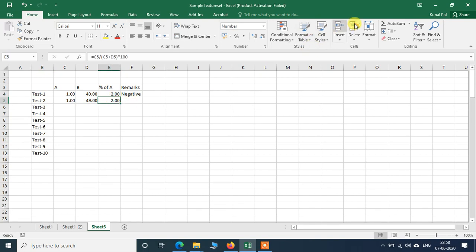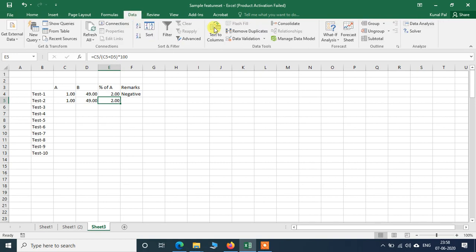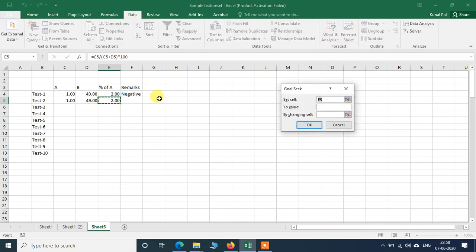I will go to data, I will go to what if analysis, I will go to goal seek. In the goal seek, this 2 is present in cell E5, and I want to convert it to a value of 10. I am increasing the percentage of A in the formulation.